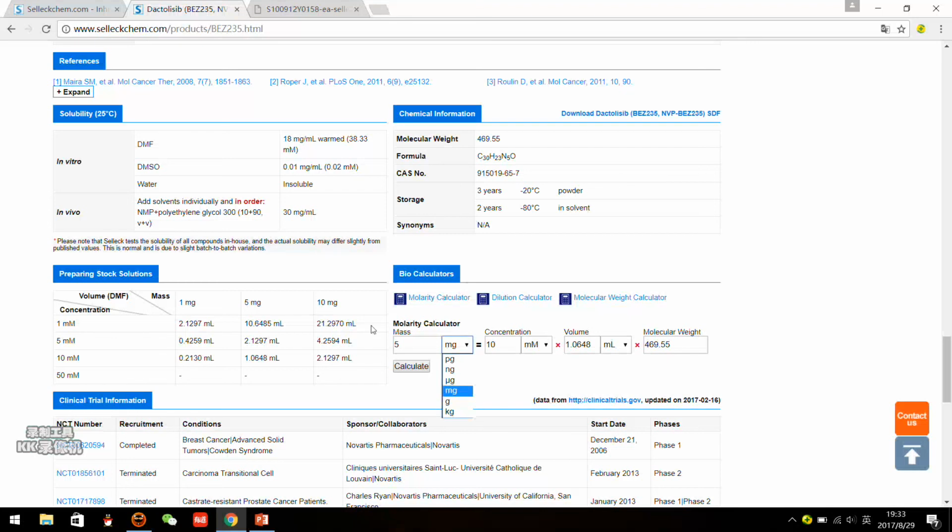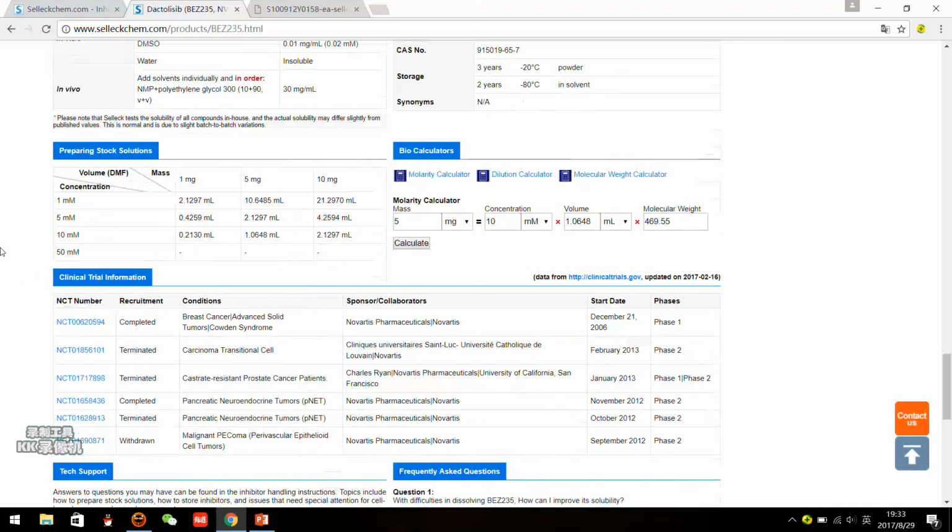We also provide clinical trial information here. This information is from clinical trial government